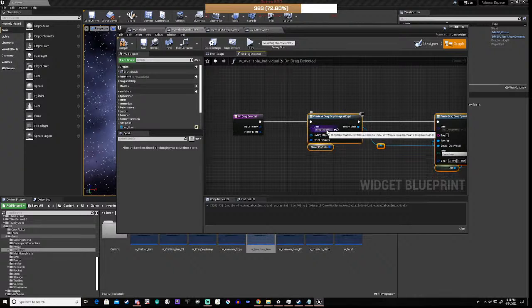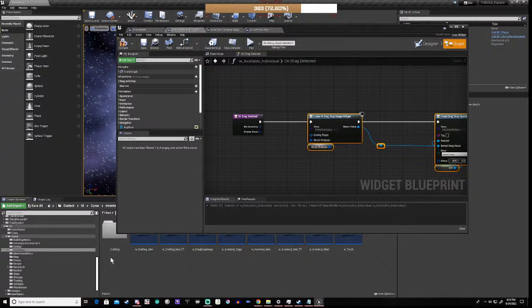And we basically create the drag drop image exactly the same as we did